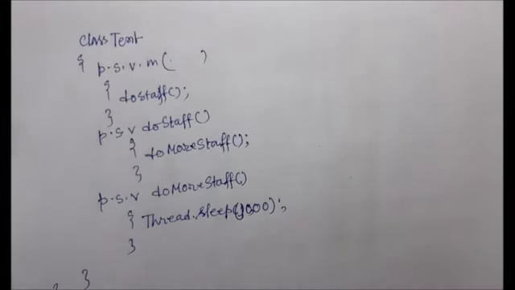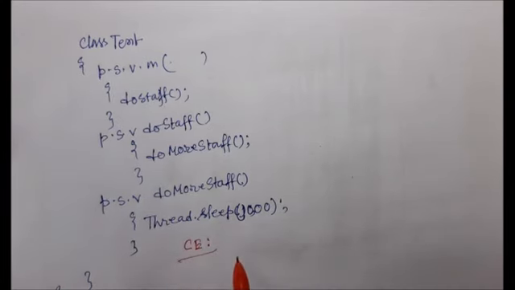Okay. Now, look at this. What kind of error may arise? We are already familiar with this. If I call the Thread.sleep method and do not write any handling code in my program, then there is a compilation error, because there may be a chance of an InterruptedException. InterruptedException is a checked exception. So, it must be handled somehow, whether we use try catch or the throws keyword, right. So, here if I do not write anything, I will get a compilation error, right.